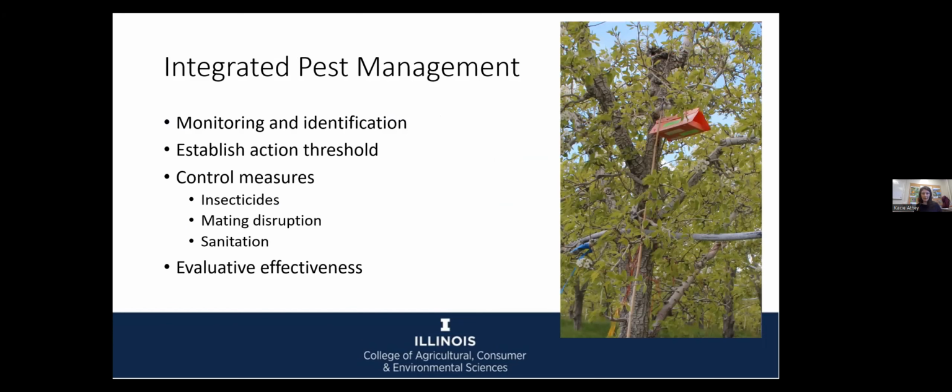of the actual pests we need to be worried about. And that is the first step of IPM: monitoring for pests and then identifying the pests we have in the system. And so we need to know which ones we need to control in the first place.